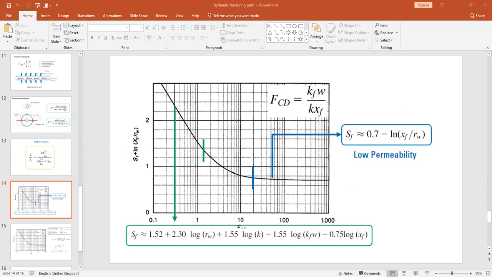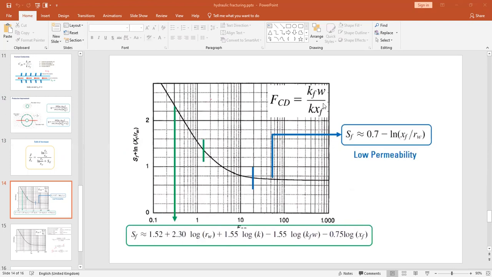You realize that this axis is linear, but this particular one is a logarithmic scale, and this is a linear scale. So to analyze and determine the skin, you have to first of all start by calculating